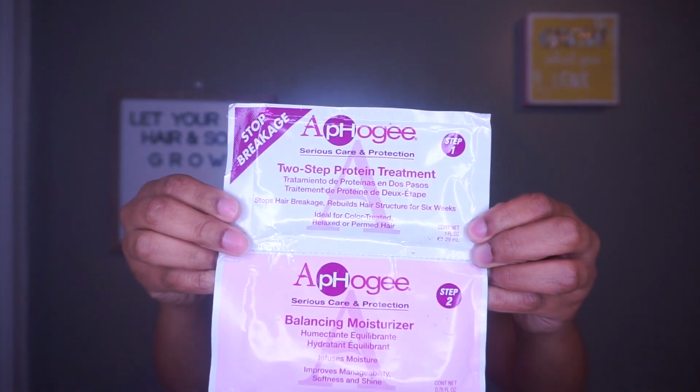And the Afro G, the step 1 and step 2, the 2-step protein treatment and the balancing moisturizer. I've been hearing a lot about these products again lately. I don't know, I guess everybody just needs a protein treatment, so it's been coming back up. Heard it's really good, so I'm thinking about giving it a try once I take these splits out. Super excited. I've always wanted to do an Afro G protein treatment, but because I had products that had protein in it already, I just assumed that it was gonna do the same thing, but I hear that it is a little bit more powerful, which gives me an extra more bounce, so I'm super excited to, you know,